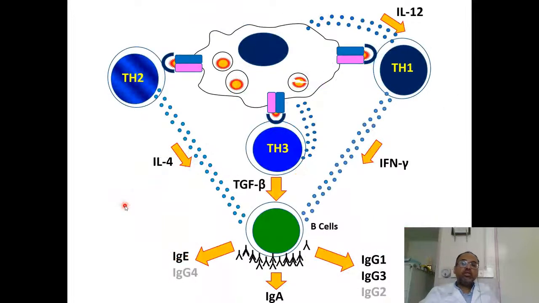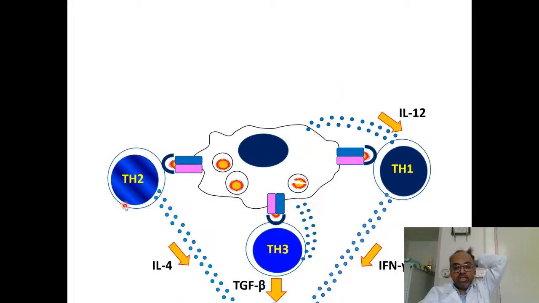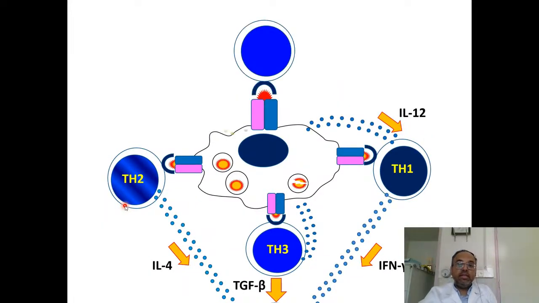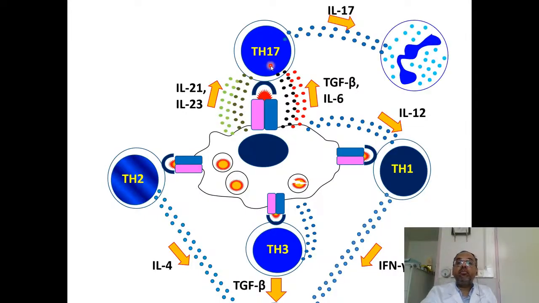And I have one more cell to add in here. Like almost 15 years ago, another group of T cells were discovered. And these T cells were a peculiar type of T cell that required several cytokines to be differentiated. And they were called T helper 17. So why the word 17, all the way from 1 to 3? Well, they should have been called T helper 4. Why 17? Because there was a cytokine at the time that was an orphan cytokine, orphan cytokine.